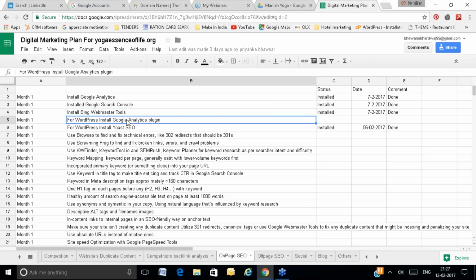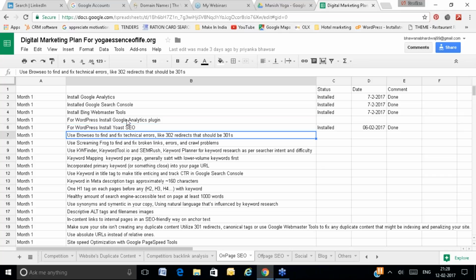If you are using WordPress, you can install the WordPress Analytics plugin. You can install any good SEO plugin like Yoast SEO or All in One SEO. You will make sure that there are no not-found pages on your website. There should not be redirected 301, 302. 301 is permanent redirection, 302 is temporary redirection. So if you have any 404, if you have any error pages, that error page should go to the right correct page. So that you will fix. Ideally, the thumb rule is that there should not be any 404 error on your website.